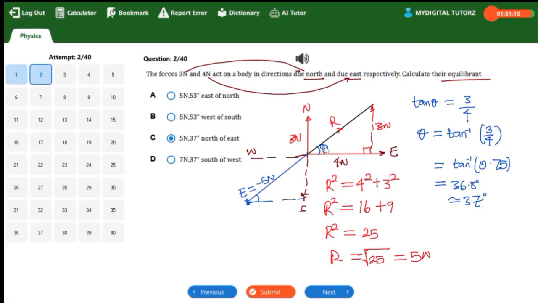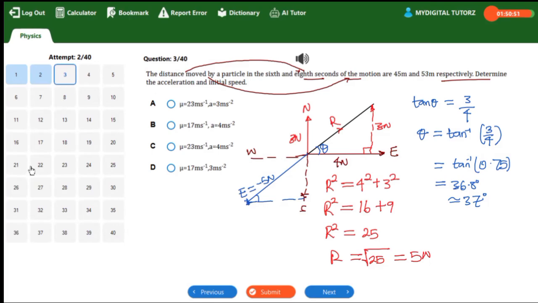Maybe our direction, we found it with regard to the resultant. Is that correct? So we just get our direction with regard to the resultant, and at our equilibrium it is opposite of our resultant. So the correct answer here is option C. I hope this is understood. So that is about question 2. So question 3